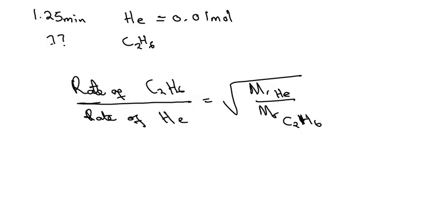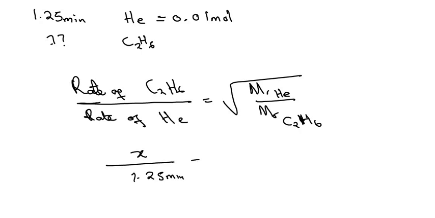Then the question says, if it takes 1.25 minutes for the 0.01 moles of helium to effuse, how long will it take for the same amount of ethane to effuse? So same amount means the number of moles is the same, so we'll just have to use the time here. We don't know the time for ethane, but we know the time for helium is 1.25